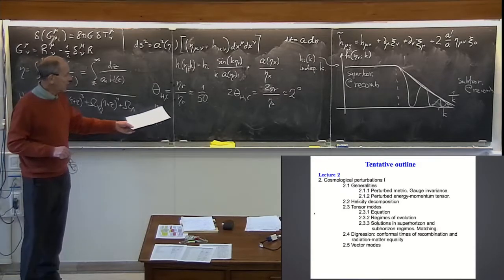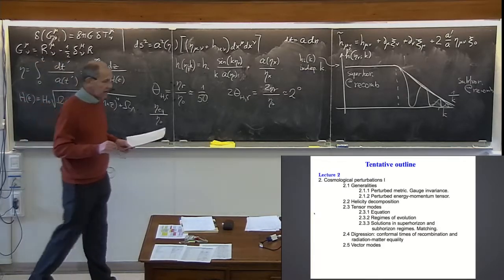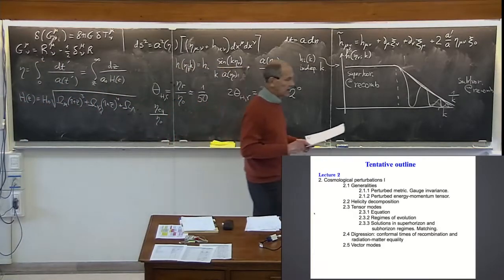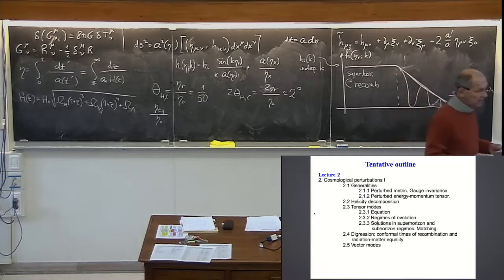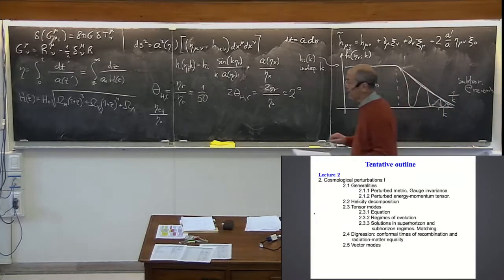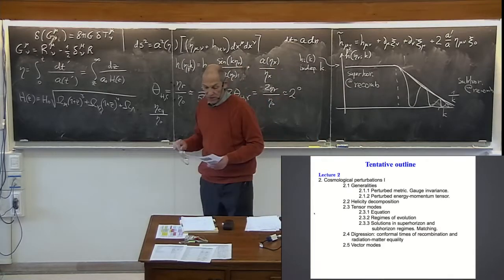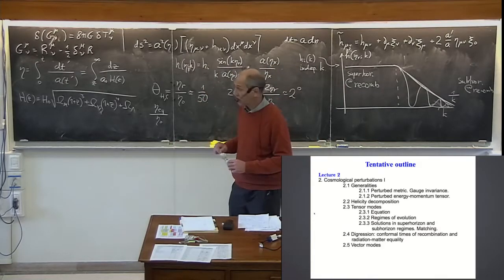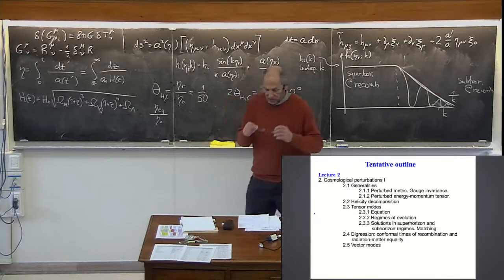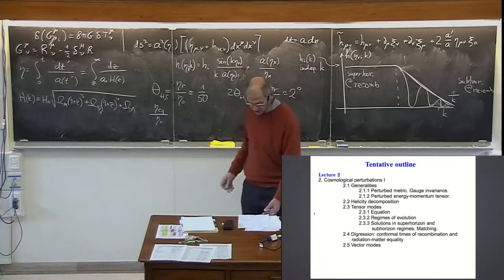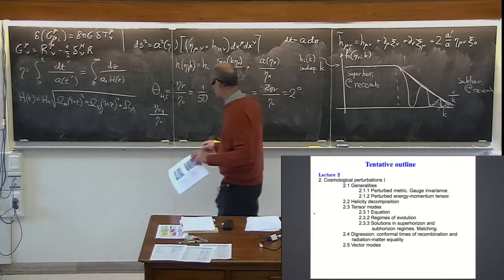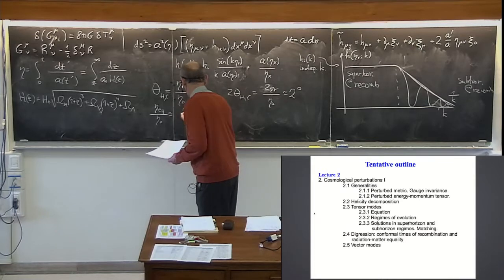And it's much more difficult to study the perturbations that enter the horizon near equality, because then you cannot use very simple formulas for radiation domination nor simple formulas for matter domination. So it's useful to understand that this ratio is about 1 over 120,